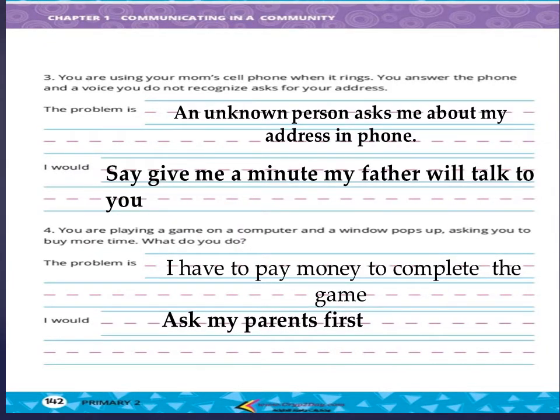Okay, now let's read problem number 3 and how we will solve this problem. Number 3, you are using your mom's cell phone. When it rings, you answer the phone and a voice you don't know or you don't recognize asks for your